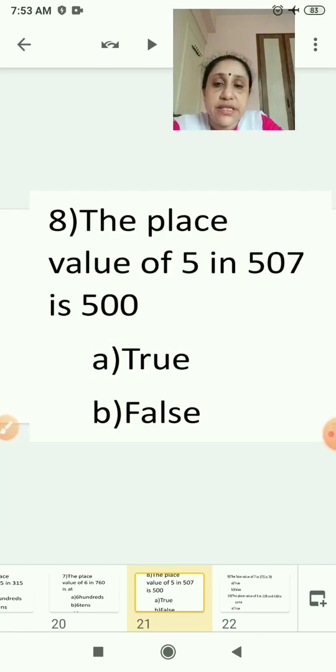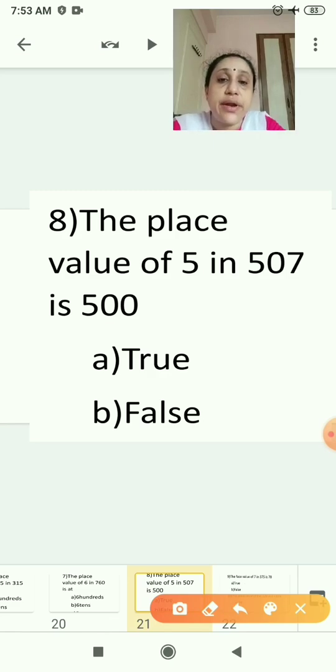The place value of 5 in 507 is 500. You have to give it in true or false. See, 5 in 507 is 500. Yes, it is true. Okay, the value is 500.